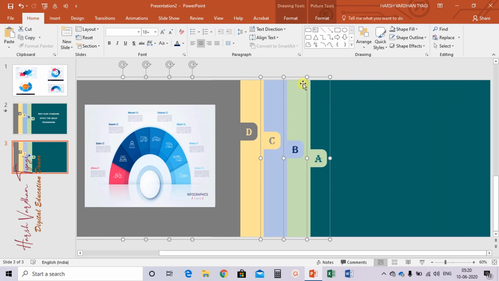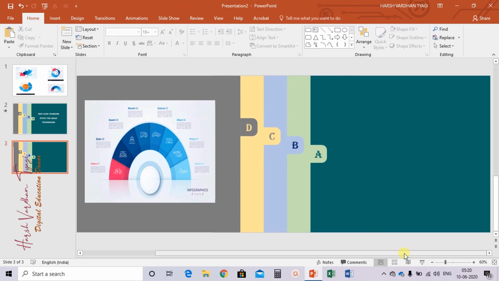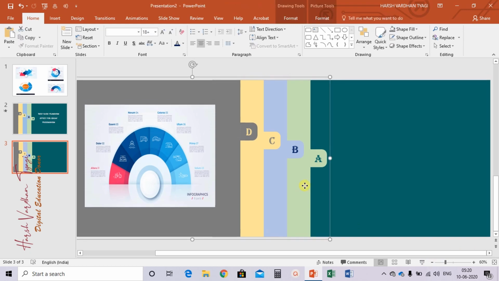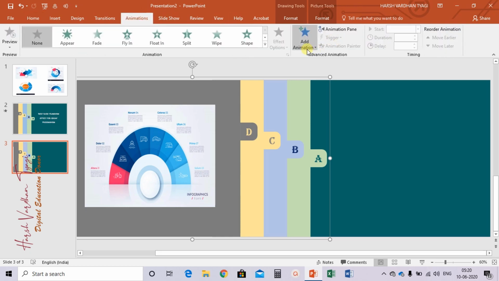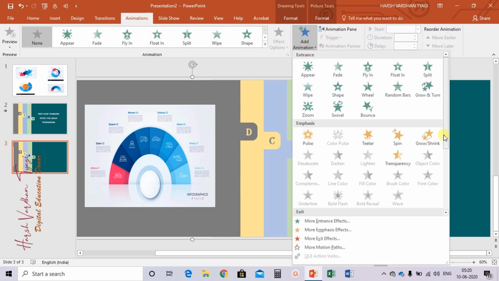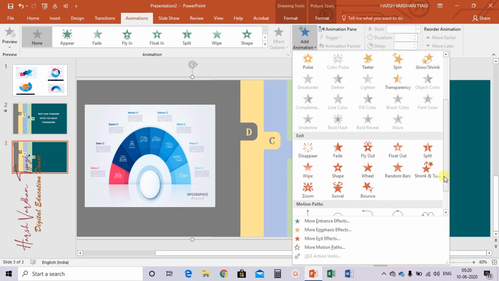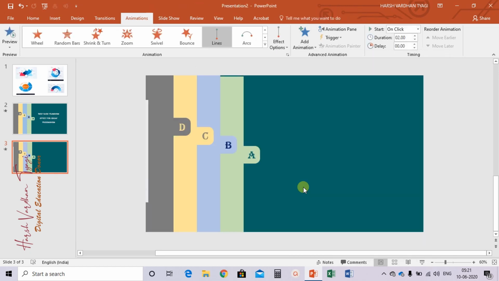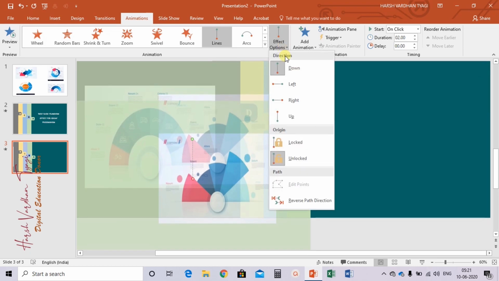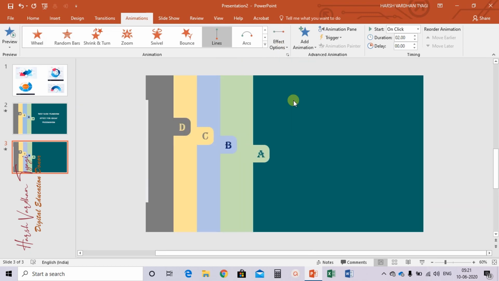Once you drag it, now it's time to apply the animation effect. Now when you talk about animation, you select the first slide. Okay, go to the animation tab, select add animation, and you have to select here in the motion path, the lines. Once you draw this line, you go to the effect option and select right.